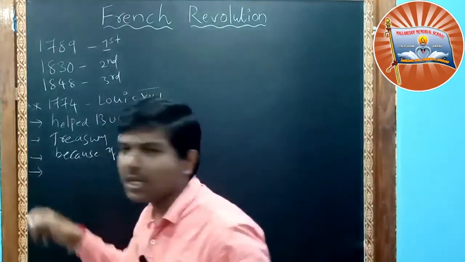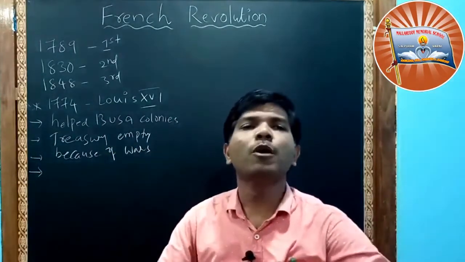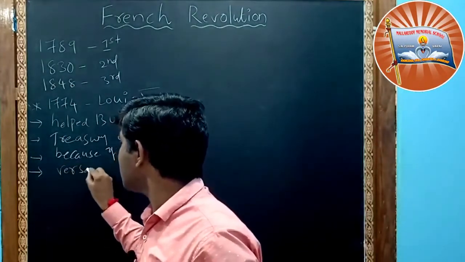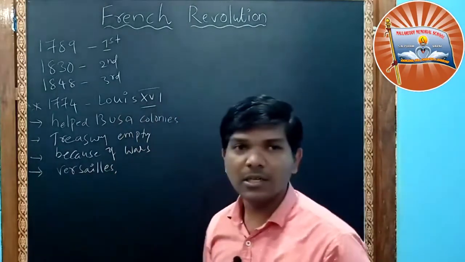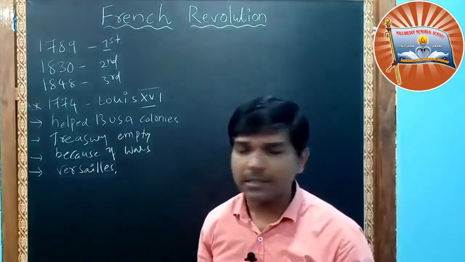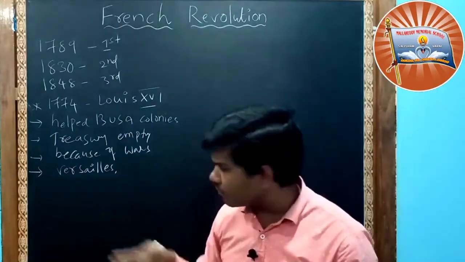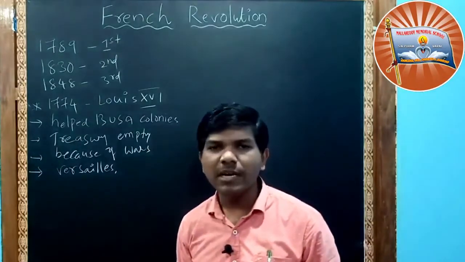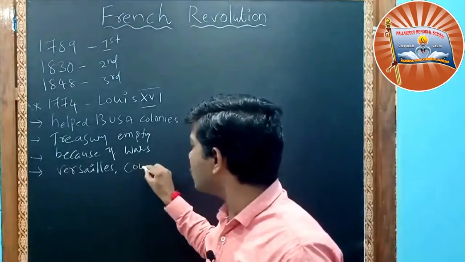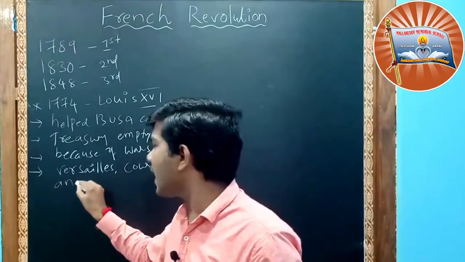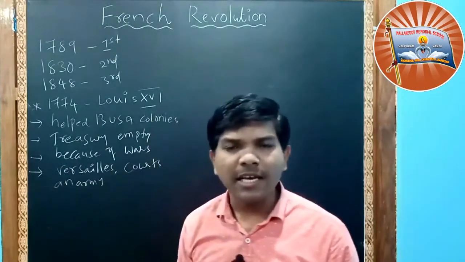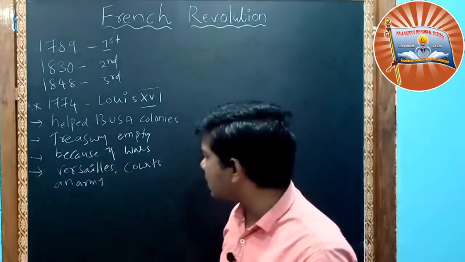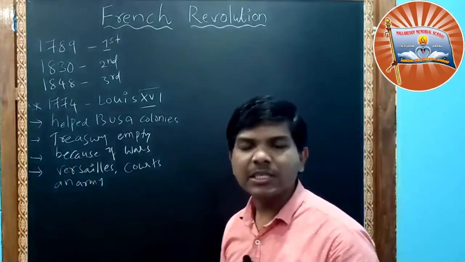An empty treasury means an empty pocket. They don't have proper money, but they have a very great palace, the Palace of Versailles. To maintain this palace and to run the general administration. General administration means maintaining courts and the army. The kingdom is there, the king is there, they have to maintain the palace and give salaries to the army, courts, officials,